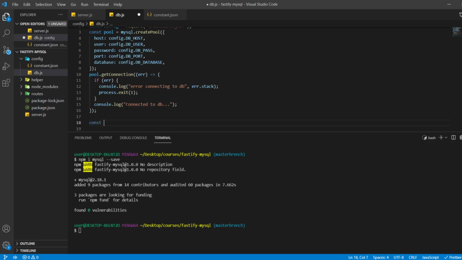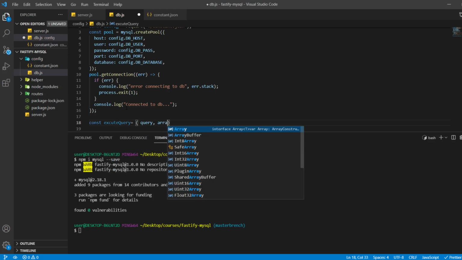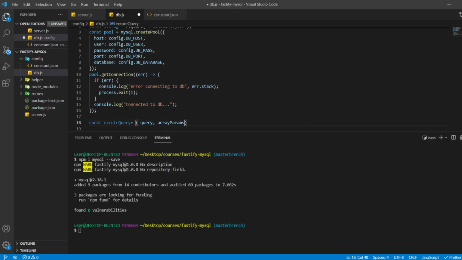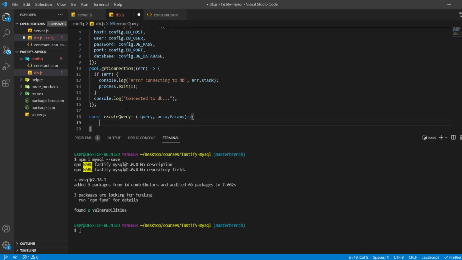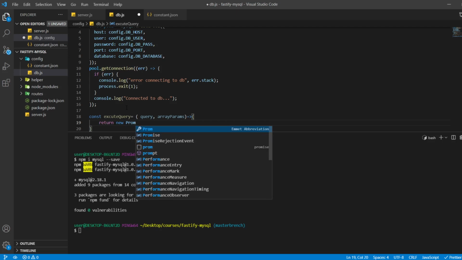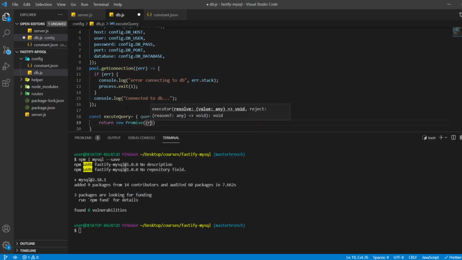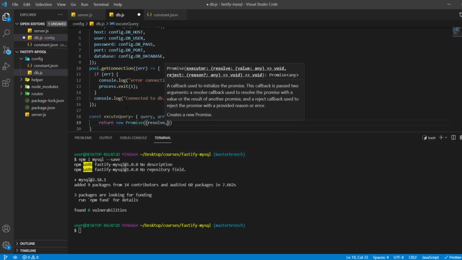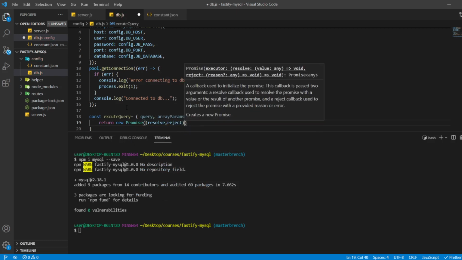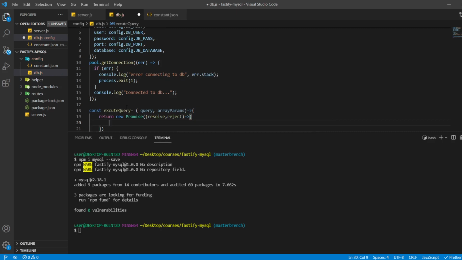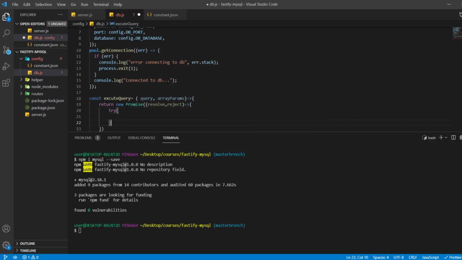So what I'll do, I'll make a function here, executeQuery, and it will take query and array params, and this will return a new promise, and this promise will take the parameters resolve and reject, and we'll wrap all our code inside a try and catch block.